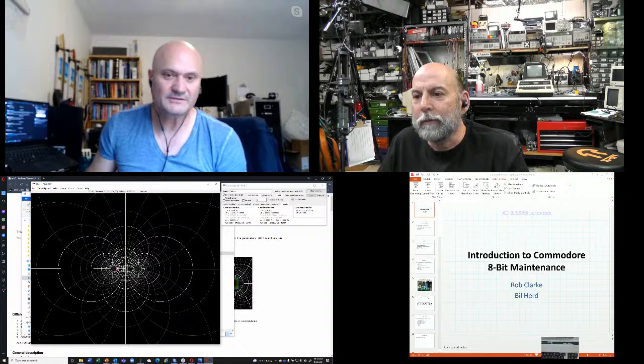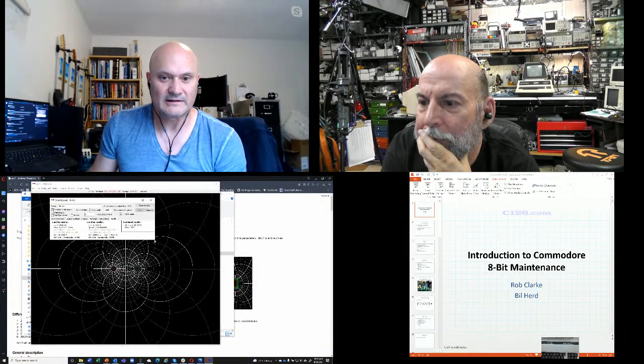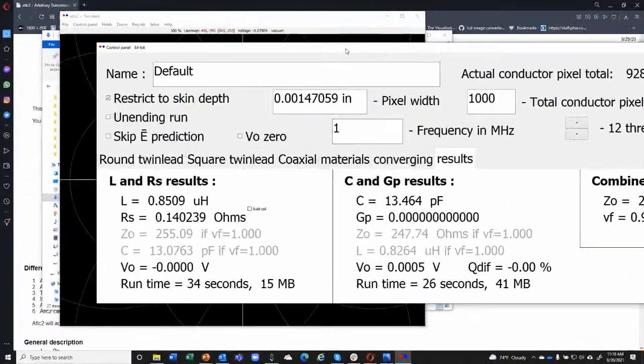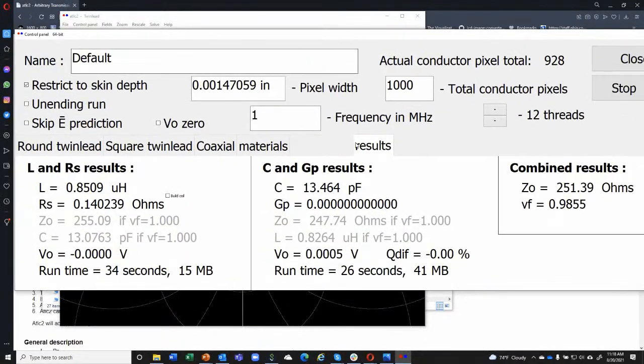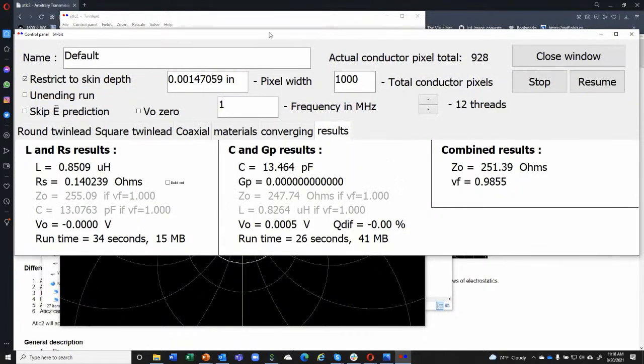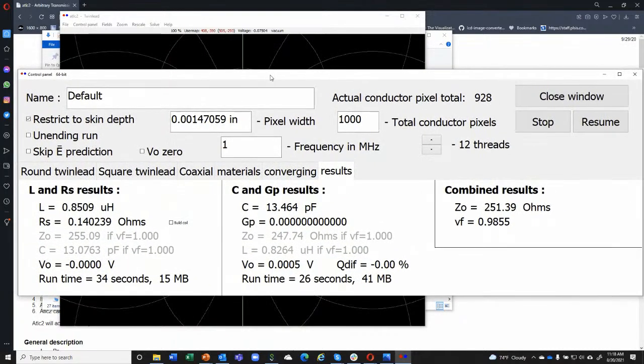Right. And so what happens then, we get our results in the control panel, and I really like this. This is a good bit of development. If I stretch the control panel out, it auto scales the text and everything. And let me, it went off my screen there. I really like that. I don't know if they used Qt or WX widgets or whatever software they used for the UI in this, but I really like that. I think all software should do it that way. But anyway,